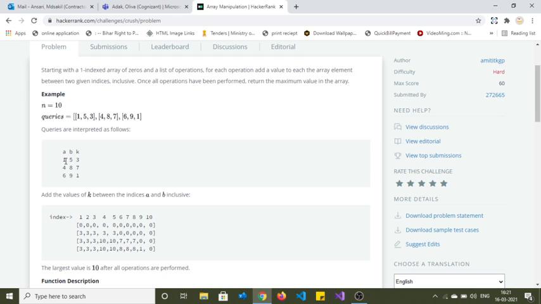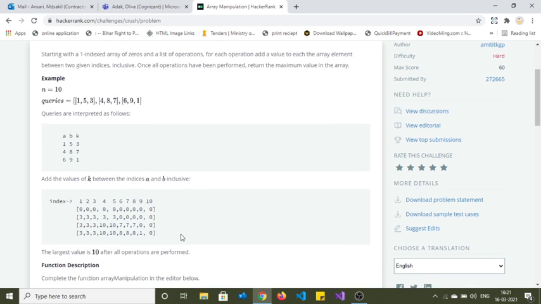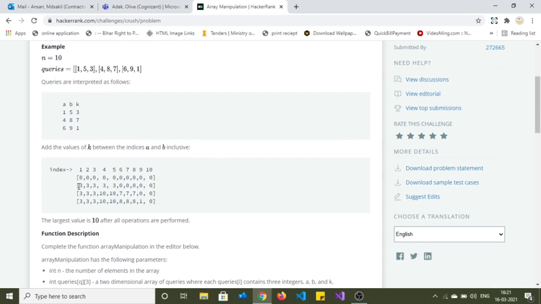1 is the starting index, which is the 1-based index, not 0-based, and 5 is the last index, which is inclusive. What it is saying is add 3 to the elements from index 1 to 5. So for the first query we added 3 3 3 3 3 from the starting index 1 till the last index 5. After that, the second query says add 7, this is the value k, from